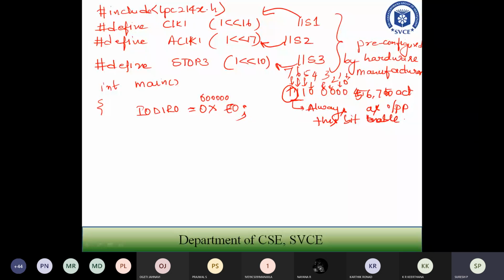So I have to set that particular pin by using the set register: IO0SET = 0x80. If you convert 0x80 into its binary equivalent, it is 10000000, that is 0th bit, 1st bit, 2nd, 3rd, 4th, 5th, 6th, 7th bit. So that bit will be 1. I am setting that particular bit to 1, so it is always set high.